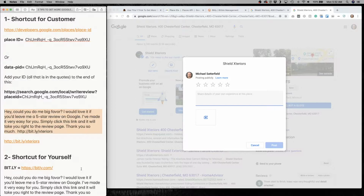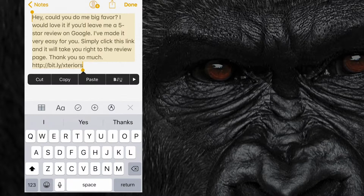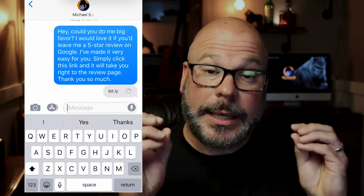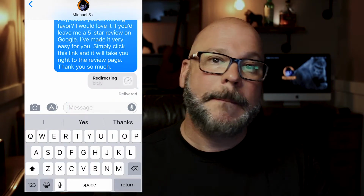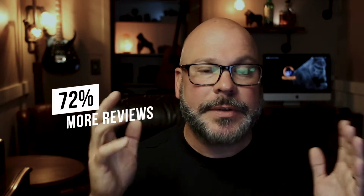If you put this in a notepad, all you have to do is highlight the notepad, select all, copy, paste it in a text to your client, and then they're going to get that text. All they have to do is hit the button. They got you a review. It's pretty amazing. Third tip is a proven little psychological hack that can guarantee, it's proven, to get you 72%